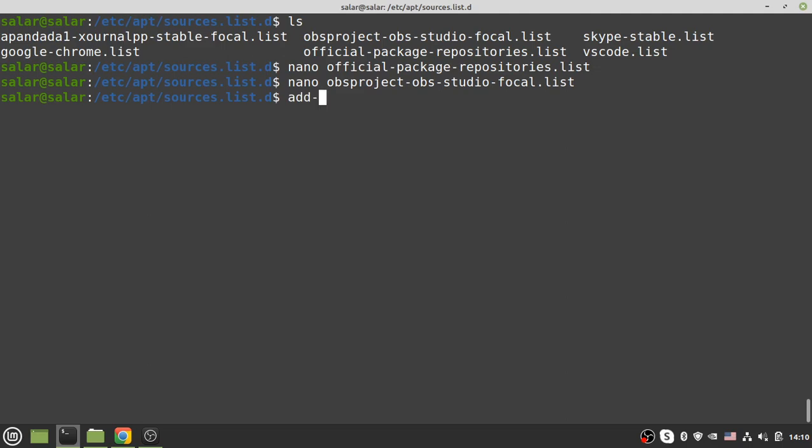Study about add-apt-repository. With this command, you can add some repositories and some listing files here and extend your sources. Study about what repositories are and how I can create my repository. If you want to create a repository for yourself and publish your software in it, you can create it in